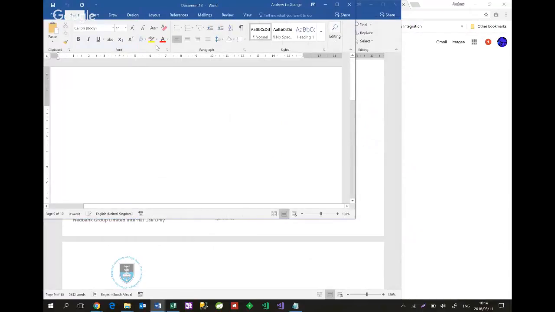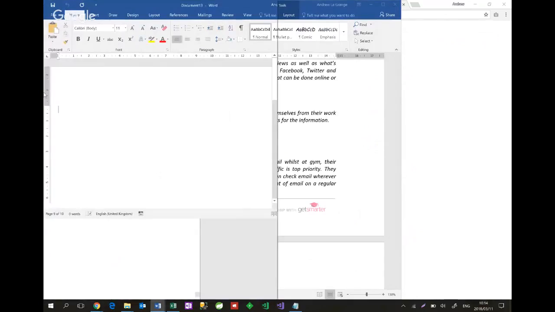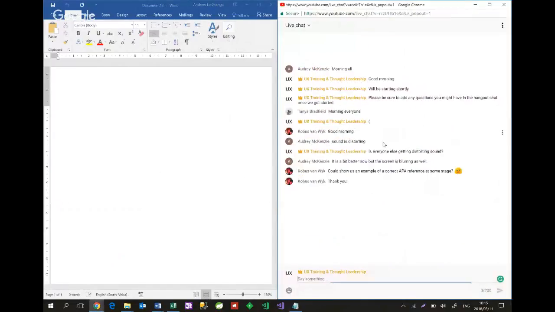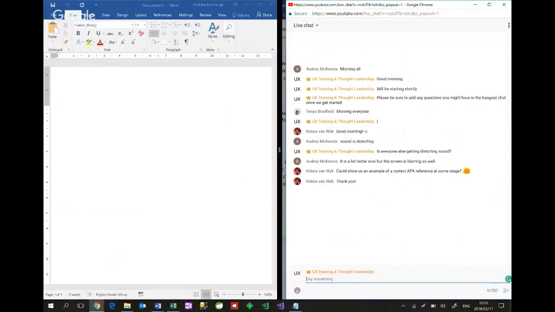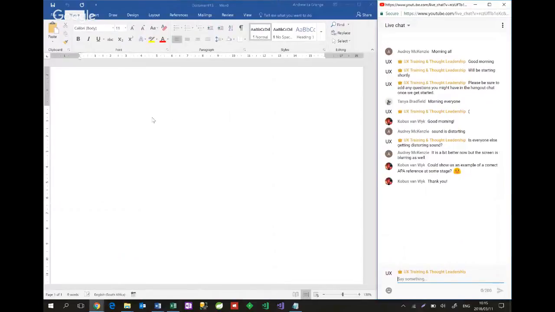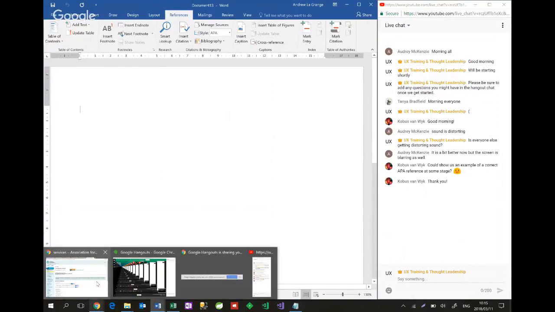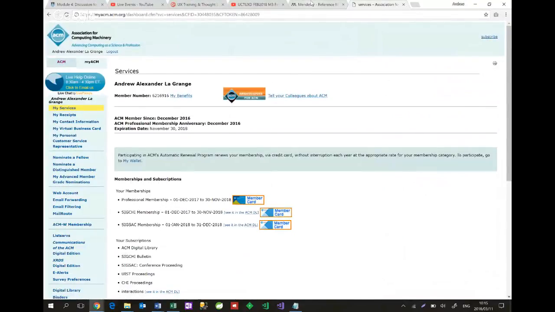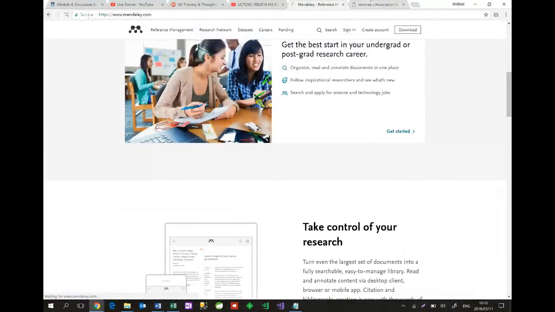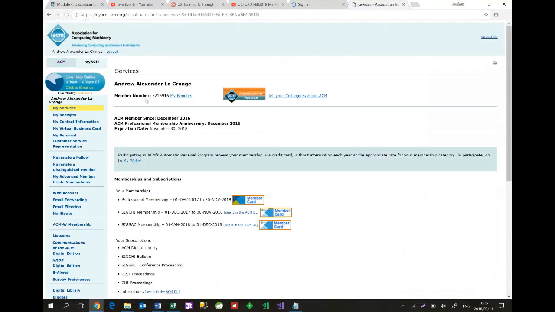Okay, so if I was writing a reference, this is maybe a bit of an academic point, but I think it's useful for those of you who are hoping to do further study. If we go to references, okay, I haven't installed Mendeley on this laptop. I apologize, this is a new laptop for me, but we'll install that now. So I'm going to sign in. Let's say here on my ACM, I want to find